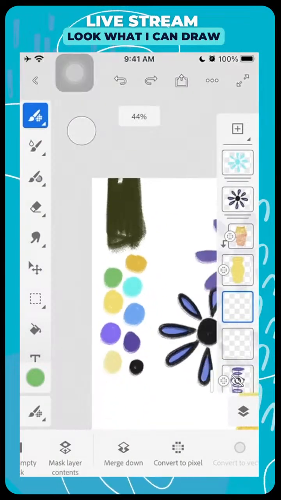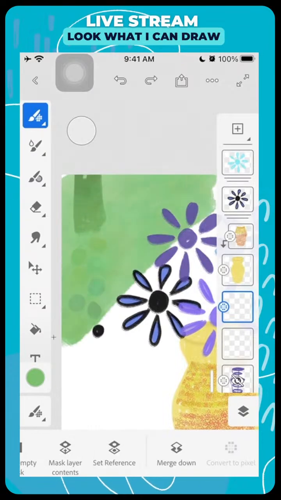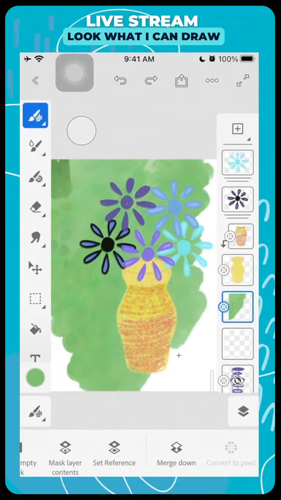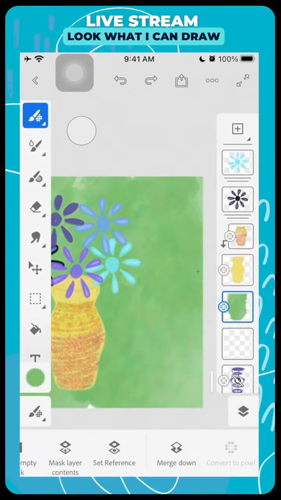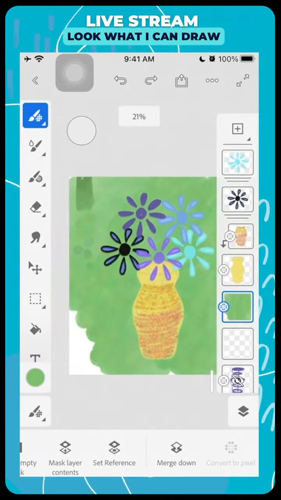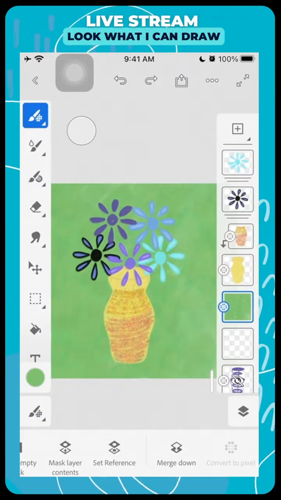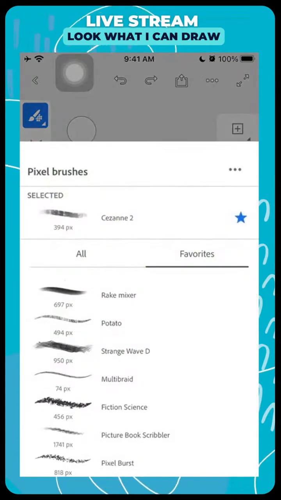Okay. I like the green. Okay, I think the last thing I'm going to do is